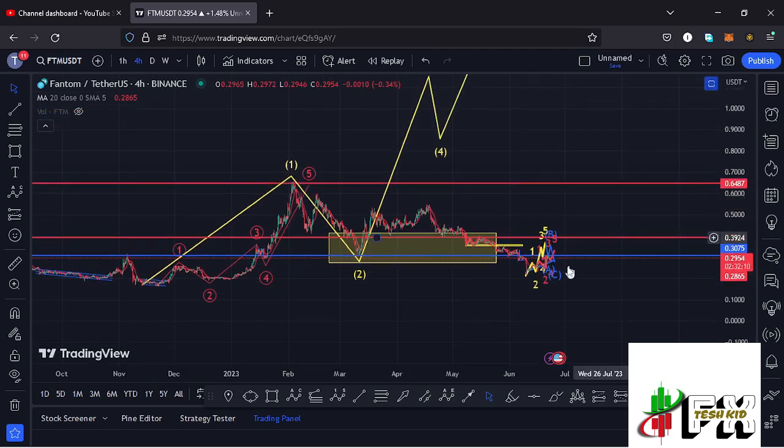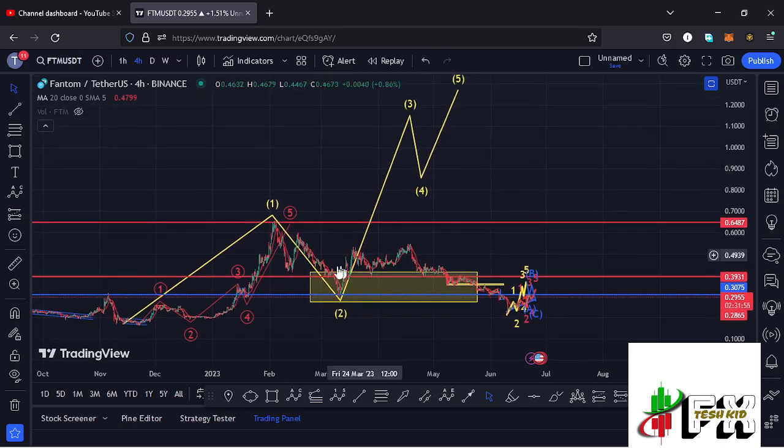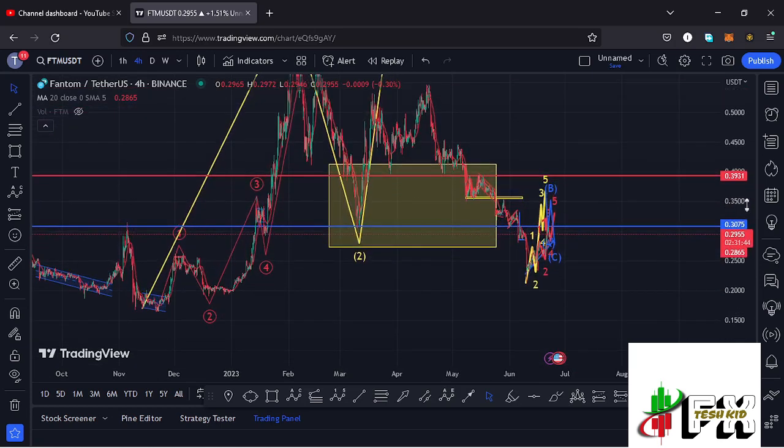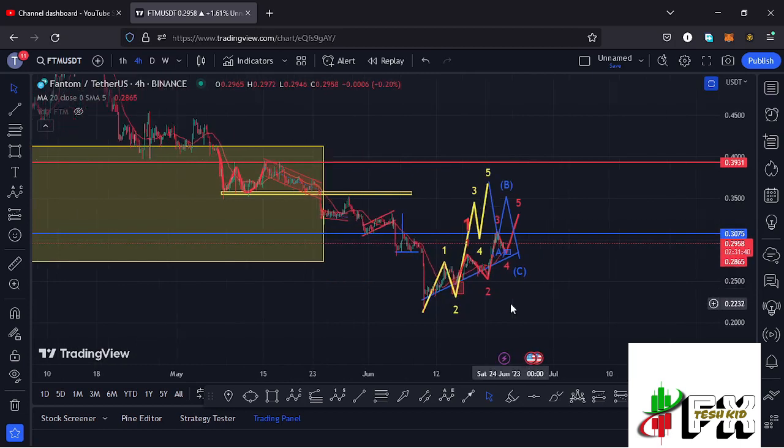So if Fantom is able to give us a 5-wave move on the lower time frames, followed by an ABC corrective structure before we can continue gearing up and see a break above significant highs here on the charts, that will be enough confirmation that the low is in for this wave 2 and that we have started an impulsive move in the formation of that wave 3. So that is what I'm expecting here on the Fantom chart. Watch out for a bit of a pullback in the formation of that wave 4 before we can continue gearing